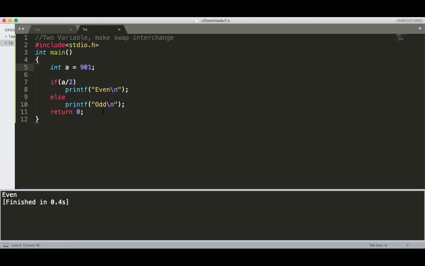So at that time you can change it to float, no sir? No, it is an integer number. But what if it is float? Then it works, no sir? No, it never works for float. It also prints even. Because if you are dividing by 2, you will always get a result greater than 1. And what is greater than 1? It is true. True means the even branch is always printed.